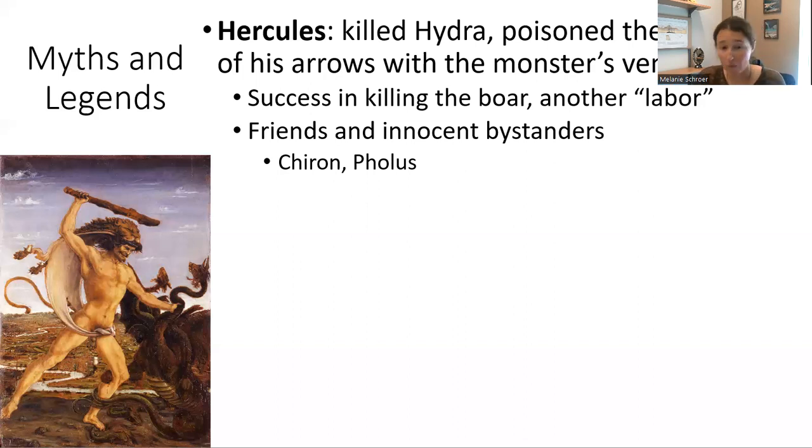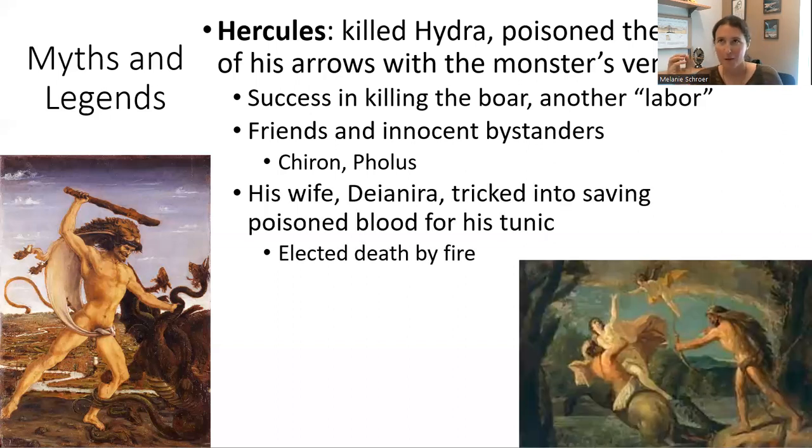But because this was a poison arrow, Pholus too was poisoned, and he ultimately ended up in excruciating pain and died himself. And so we see that, yes, these weapons are super powerful, but they come at the cost of collateral damage, right? His friends. And kind of as the most ironic twist of fate here,